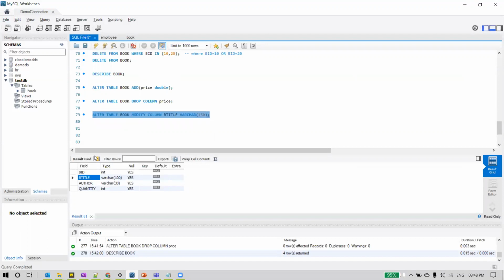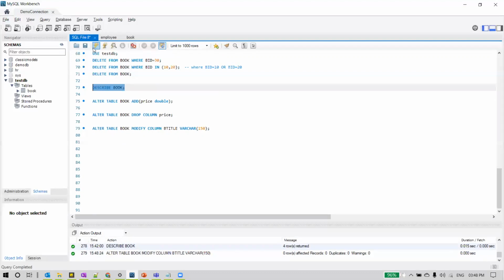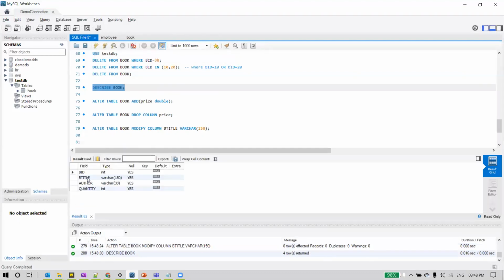Observe, when we did this describe book, we had data type as varchar of 100 for this book title column. Let us execute this first. Okay, the command got executed successfully. Now let's execute this describe book command, and we can clearly see here the book title data type got changed to varchar of 150.